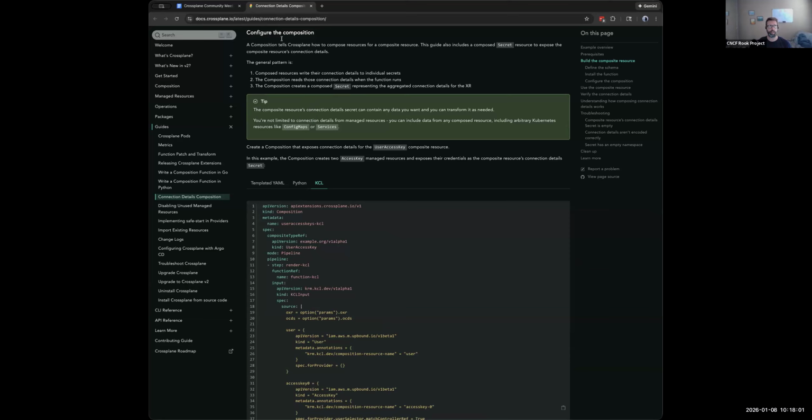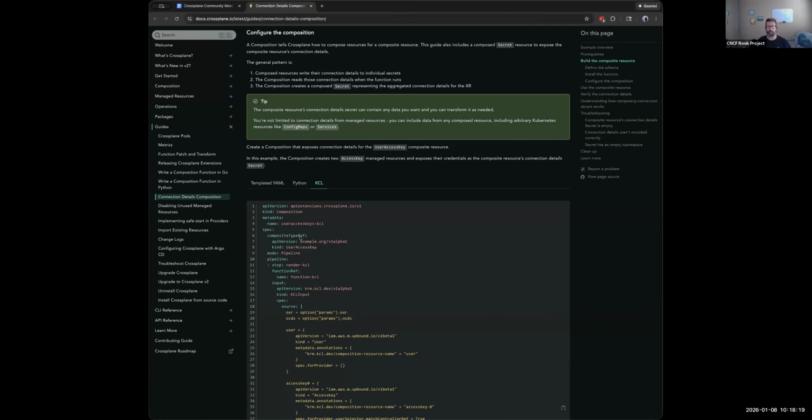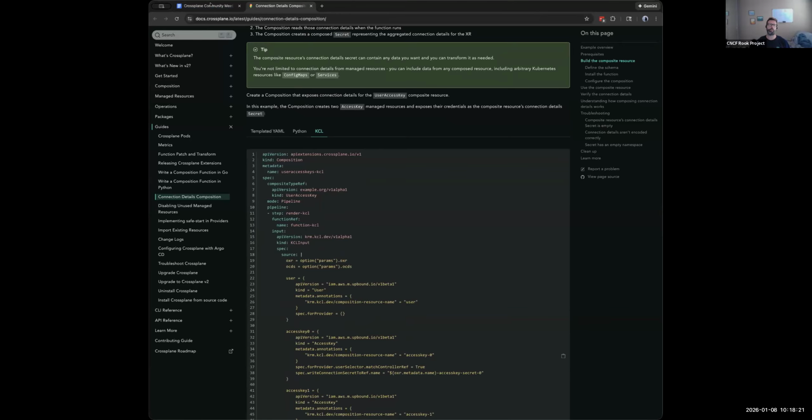That will definitely lower the pain associated with migrating or upgrading to V2 and using function patch and transform without connection details functionality. I'm hoping to have a release of that out this week or so, and then the guide will be updated as well with examples of what that looks like for patch and transform too.